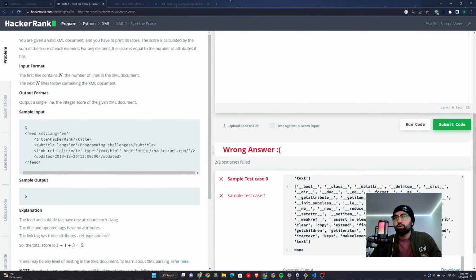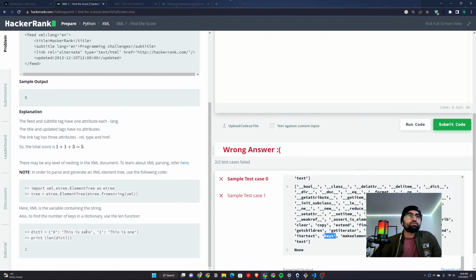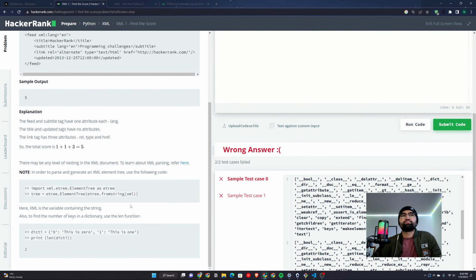So do I need the text? No, I don't. Do I need the tail? No. Do I need the tag? What is the difference between a tag and a tail? I guess it should be the same thing. Make element keys. Supposedly it's searching for the keys. Bro, we need the